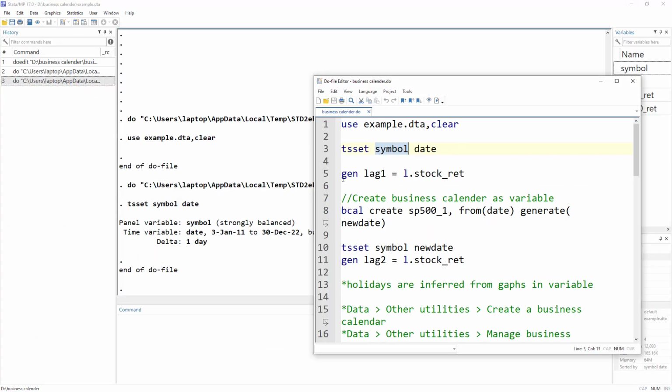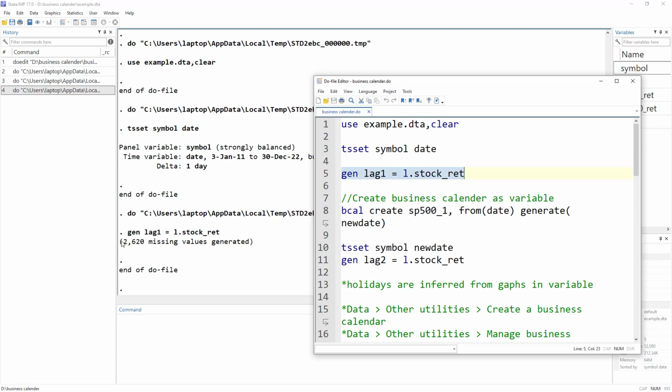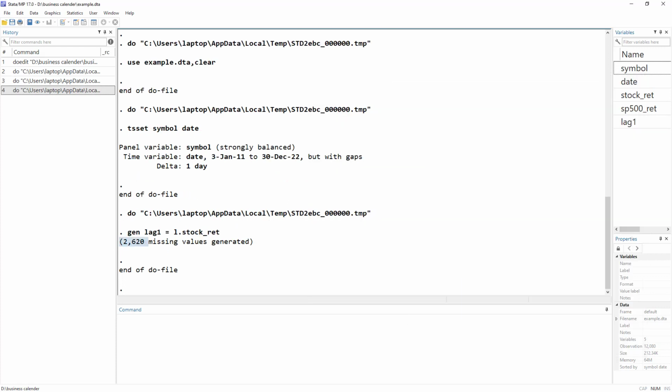So we have already done the setting. Now let's generate a lag. This is what I have also discussed in a previous video, how to generate a lag and what issues we face with lag. If I generate a lag, I would see that there are 2620 values missing,